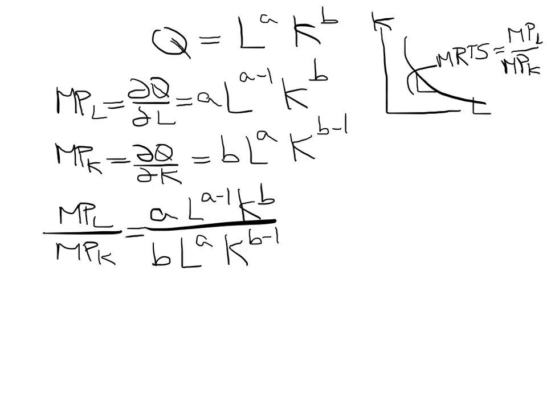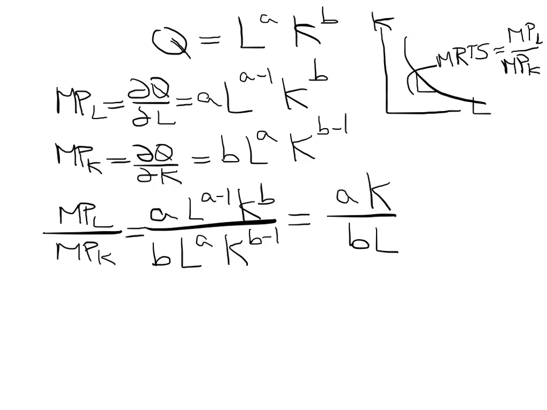Now by using rules of exponents, we take the L to the power of A minus 1 and bring it down with the opposite sign, and we take the K raised to the B minus 1 and bring it up with the opposite sign. We end up with the following expression. And that is going to be the ratio of the marginal productivities of labor to capital, which is the marginal